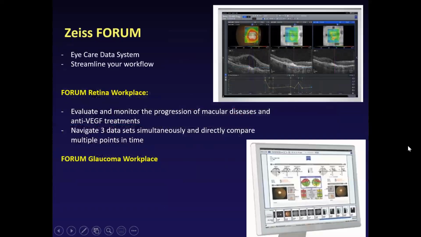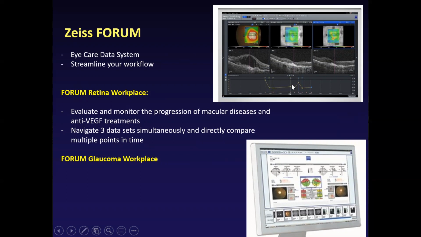So a final couple of minutes just to discuss the Zeiss Forum. So we've discussed the OCTA in isolation, but now it is important to combine different modalities. So multimodality imaging is important, and Zeiss Forum is one single platform that allows us to combine and overlap the different modalities of images. It can also allow us to track longitudinal changes, as you can see here in the Retina Workplace, and you can highlight when the injection was given and how the OCT and OCTA